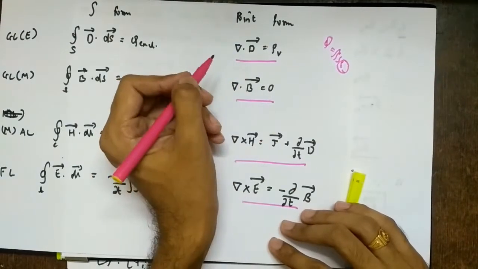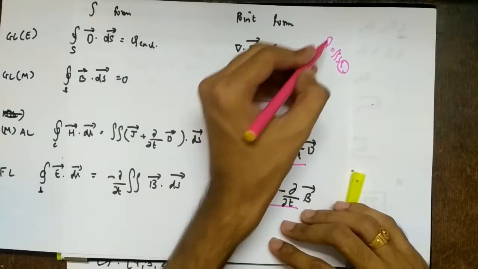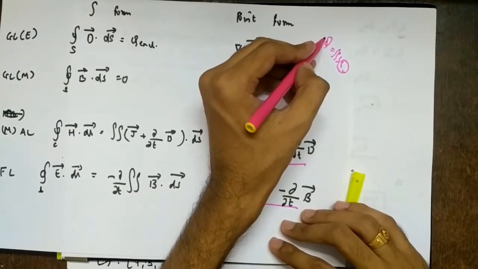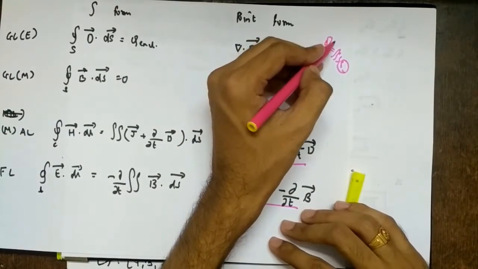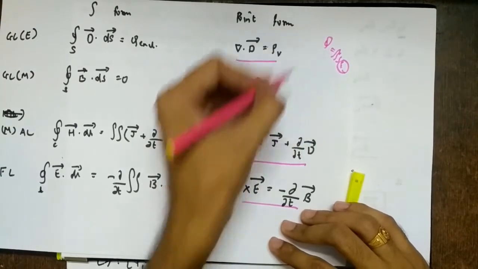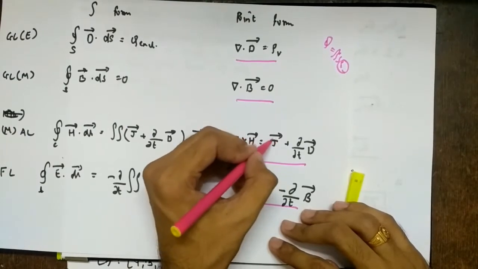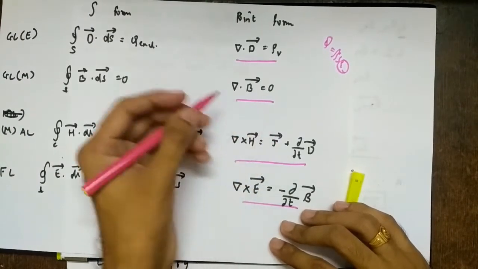This is already 0, right? Since there is no charge again, so there is no question of rate of change of charge. Since there is no rate of change of charge, there is no current flowing. And what is J vector? It is current density, conduction current density, right? So it should not be there. So this is also not there.